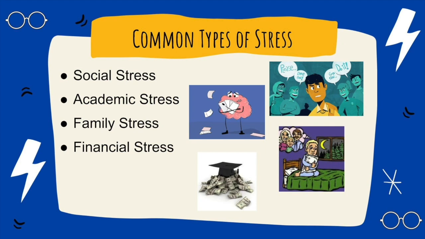The common types of stress most college students face are social stress, which can look like roommate conflicts and peer pressure; academic stress, the stress to achieve certain grades or academic deadlines; family stress, which can look like family pressure to be a specific major or even homesickness; and finally, financial stress. Higher education can be very expensive and can be a burden for individuals, which can contribute